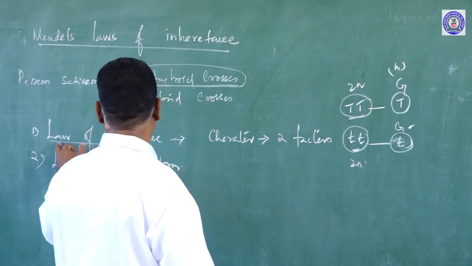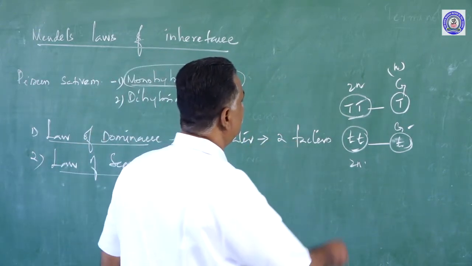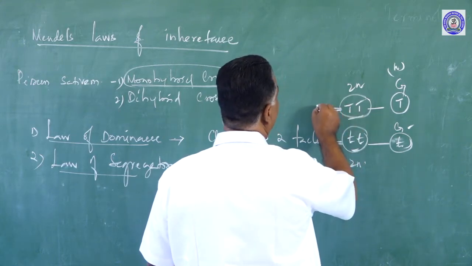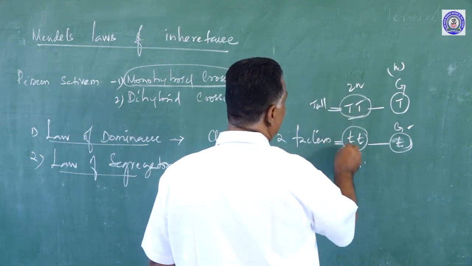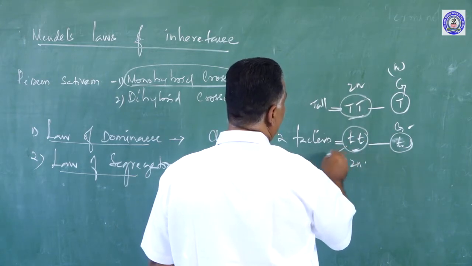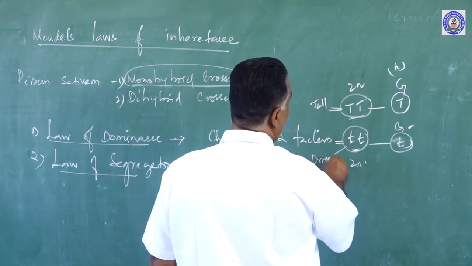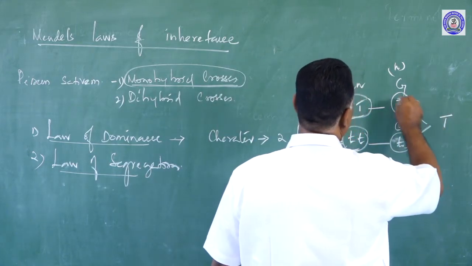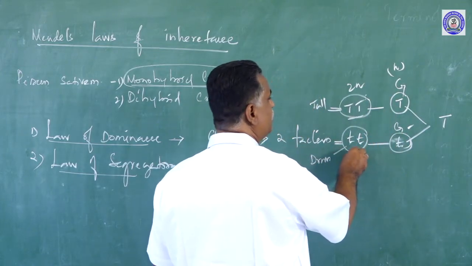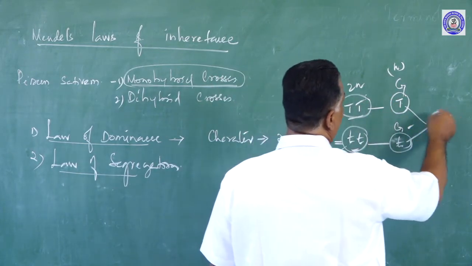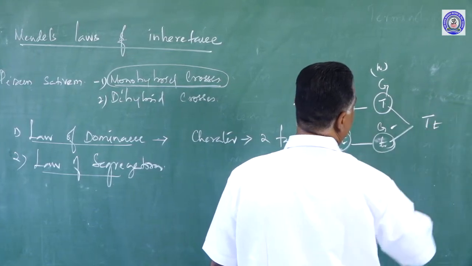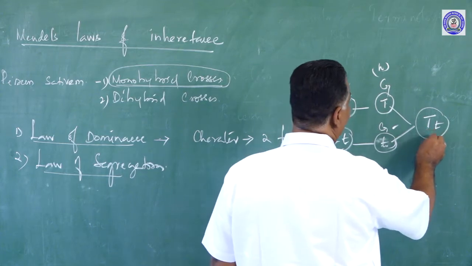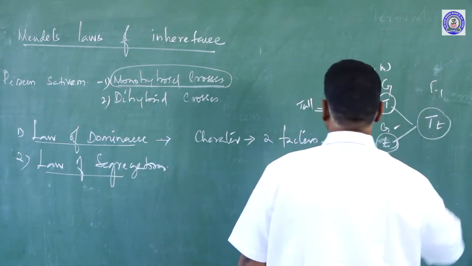So, here as I said, the law of dominance, two factors are there. This is considered to be dominant, this is considered to be recessive. Capital T controls a character, that is tallness. Small t controls a character called dwarfness. After gametogenesis, if these two come together, this being the male parent and this the female parent, the gametes fuse and a zygote forms like this, capital T, small t. Out of these two, only one can express its character in the F1 generation.